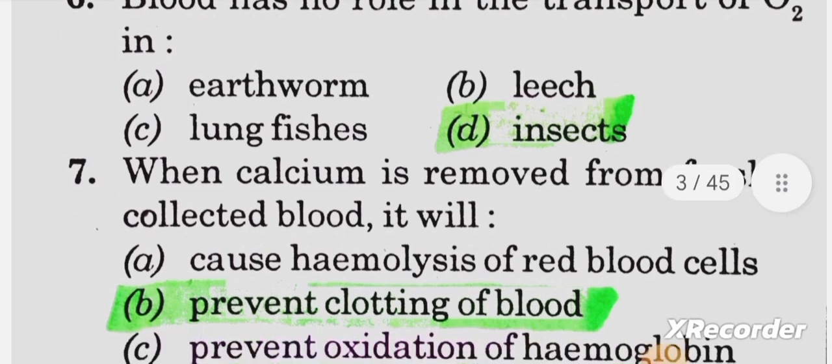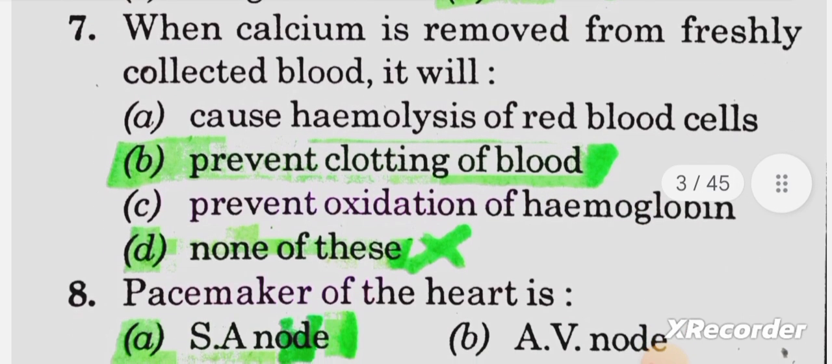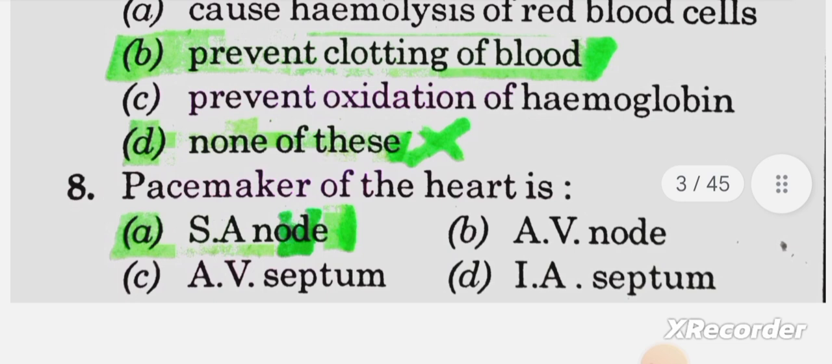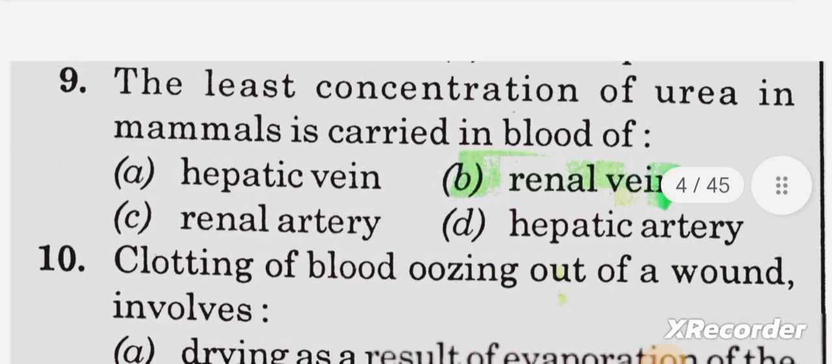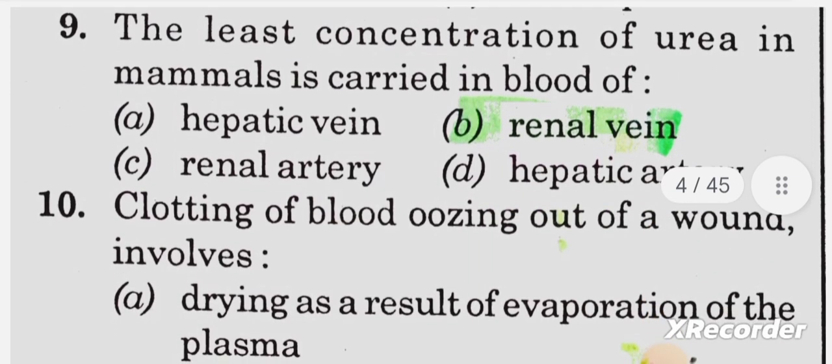insect. Seventh one, when calcium is removed from freshly collected blood, it will answer B, prevent clotting of blood. Next, eighth one, pacemaker of the heart is answer A, SA node. Next, ninth, the least concentration of urea in mammals is carried in blood of answer B,